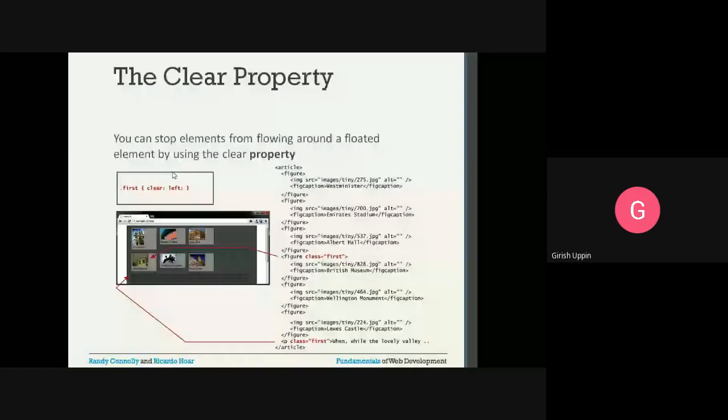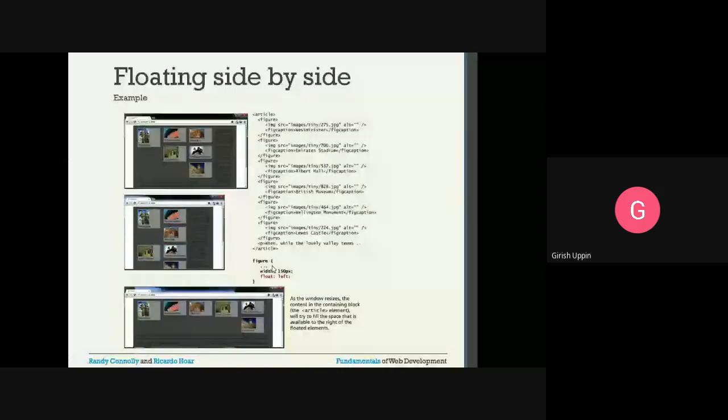This is the same article, whatever HTML we saw previously, the 6 figures, and we have one paragraph. And if you notice here, for the figure, this is the same property. Figure width is specified along with other properties, and the float is set as left.